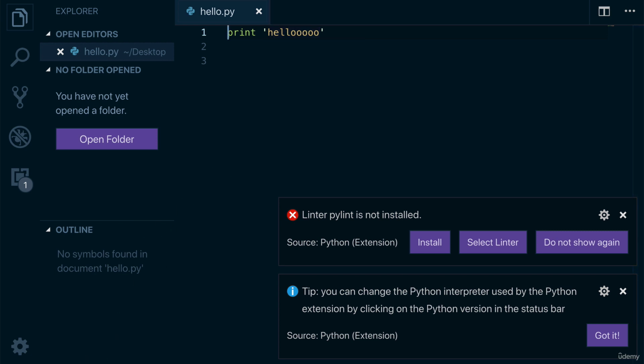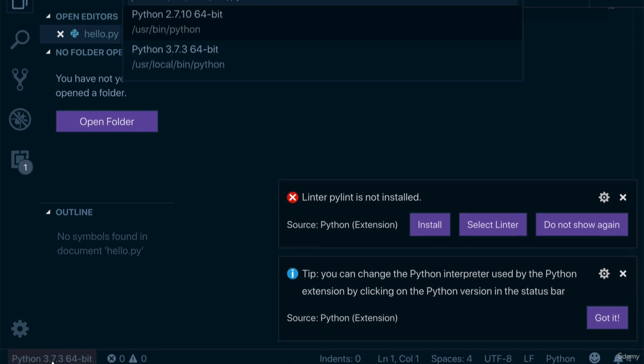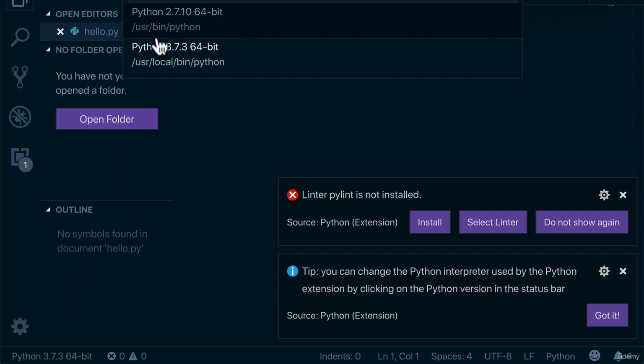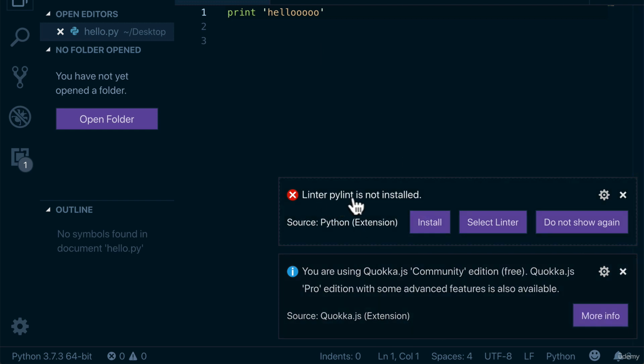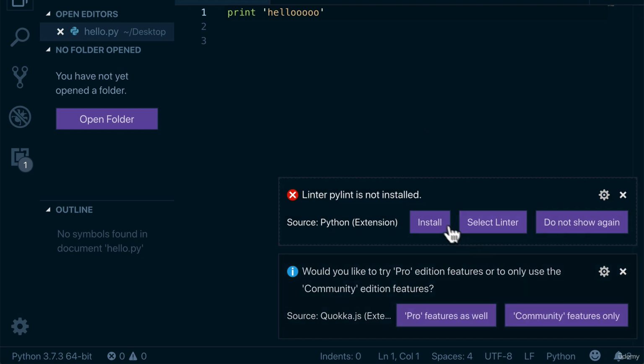Now, up to this point, we have this print hello. We also know that we're running Python version 3.7. You can see here, if I click on here, I can select what interpreter I want to use. And it also gives us a few tips, such as, hey, linter PyLint is not installed. So let's install PyLint. PyLint is a linter. That is, it's almost a spell checker for our code, letting us know, is this syntax right? And there are many versions of linters available for Python. PyLint just happens to be one of the most popular. And VS Code, by default, suggests PyLint, so let's install that.